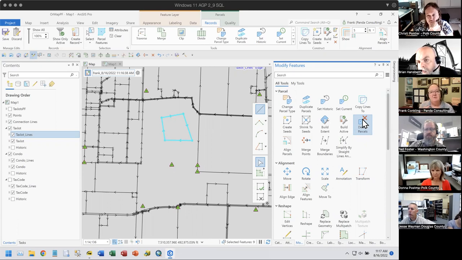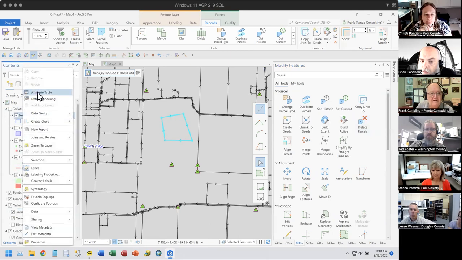So what happens the other way around? When you delete a record, does that delete the related parcels? The answer, I believe, is no. I've never really attempted to go through there and look at that, but let's actually open it up. If I go in here and open up this records table,